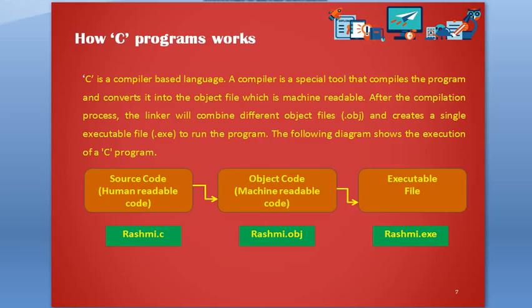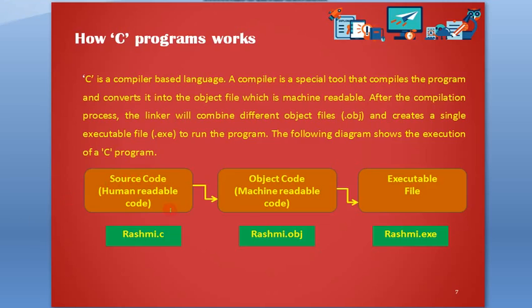C is a compiler-based language. Compiler I told you before. A compiler is a software which is required to translate from high level to low level and vice versa. A compiler is a special tool. Here the definition is given. It is a special tool that compiles the program and converts it into an object file, which is machine readable. If you notice the image,